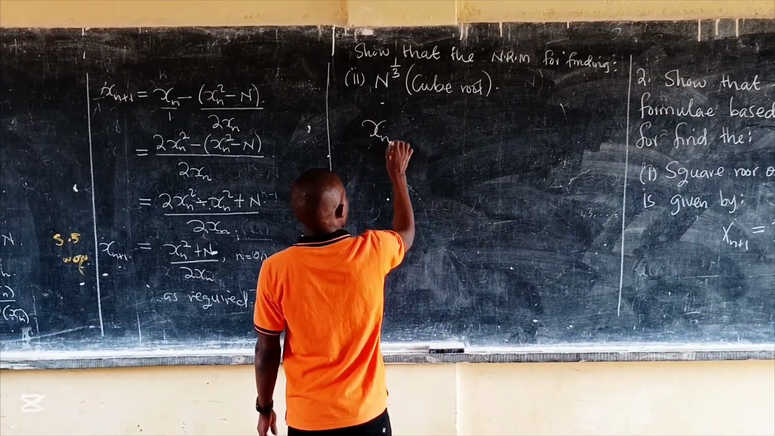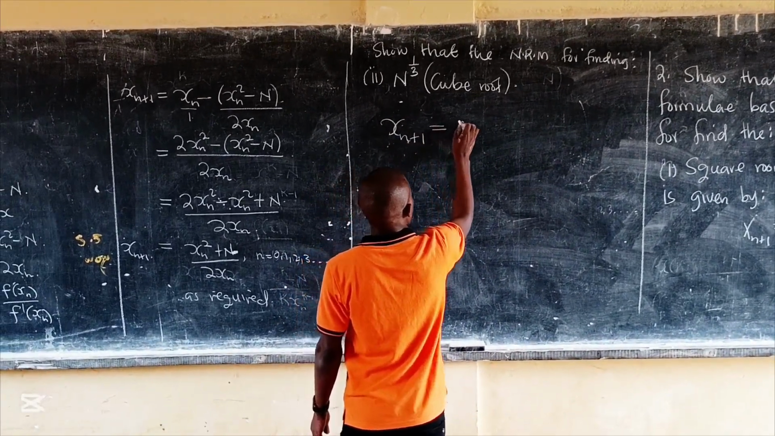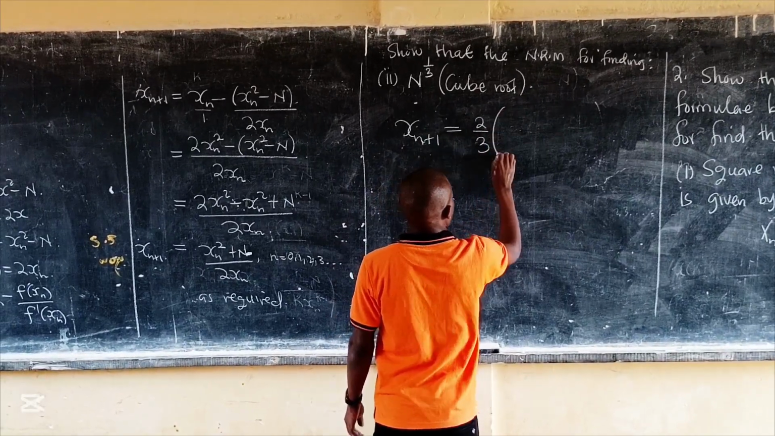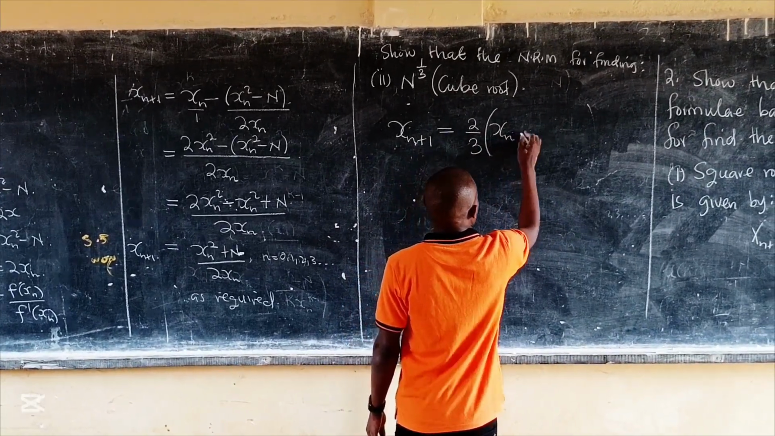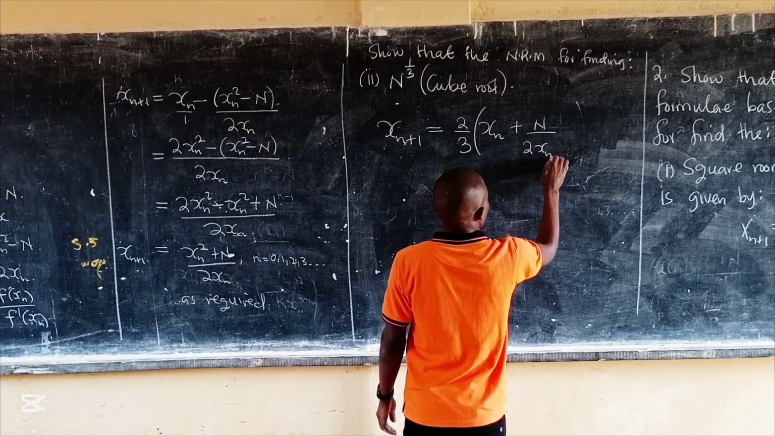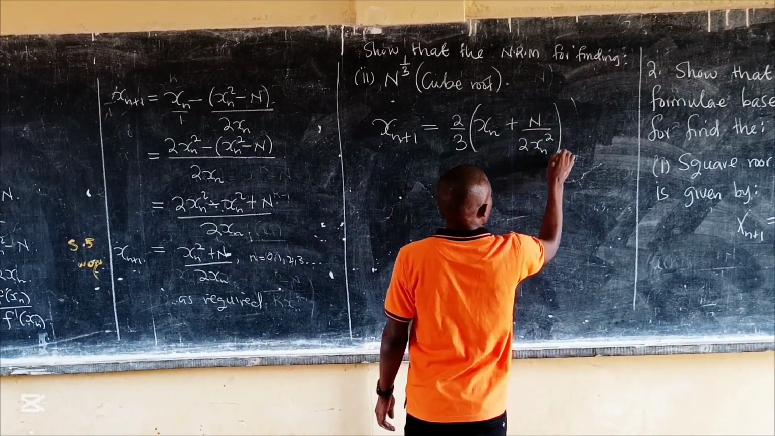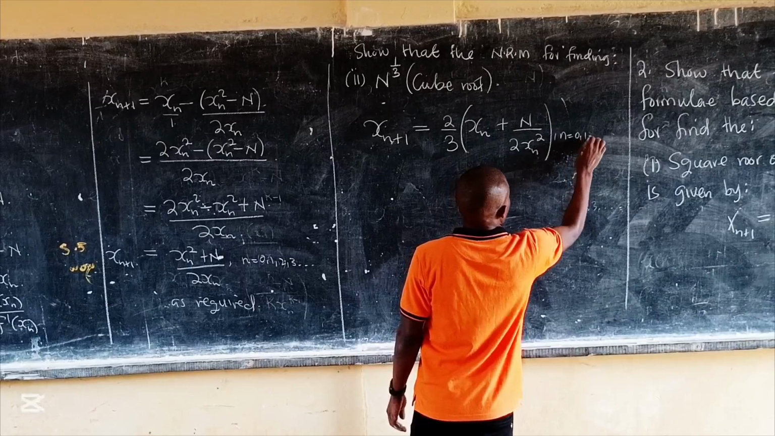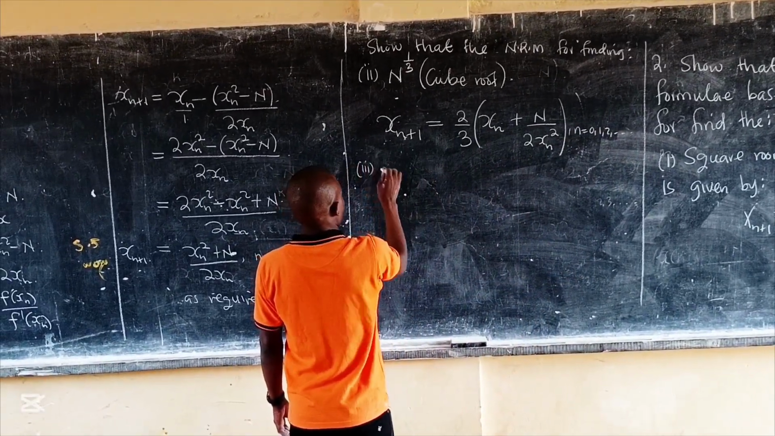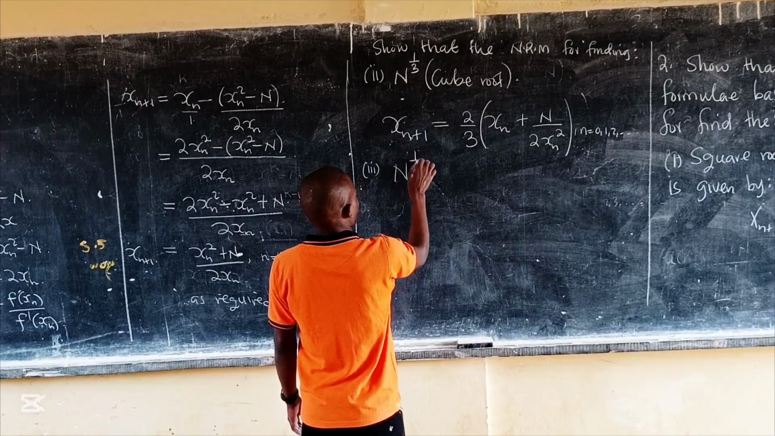Using the Newton-Raphson formula, we want to show that the cube root is given by x_{n+1} = 2/3 x_n + N/(2 x_n^2) for n equals 0, 1, 2 onwards. Roman 3,